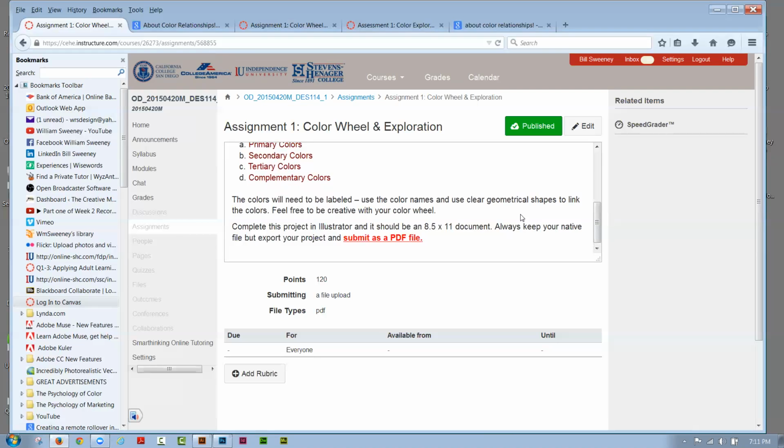You'll complete the project in Illustrator, and it can be an 8.5 by 11 document, so that's easy enough. You just create a blank 8.5 by 11 document, and you should keep the native file. You know what a native file is, that's the .ai file, right? Mm-hmm. Yeah, and one thing I would really recommend,